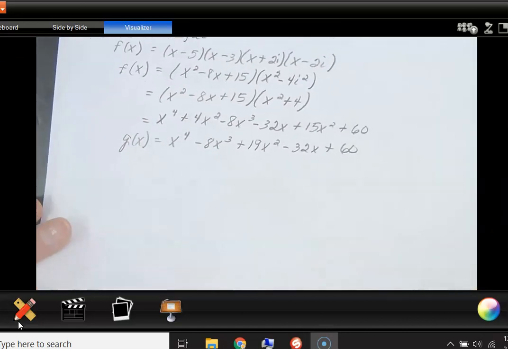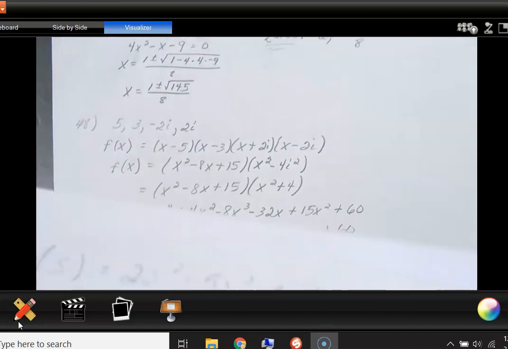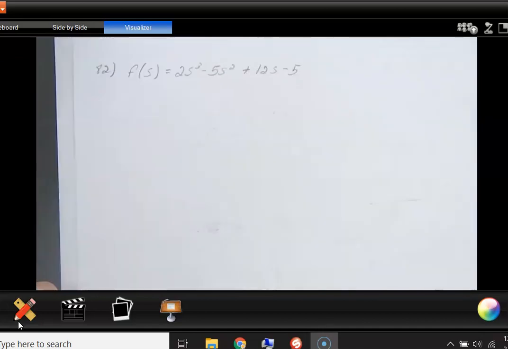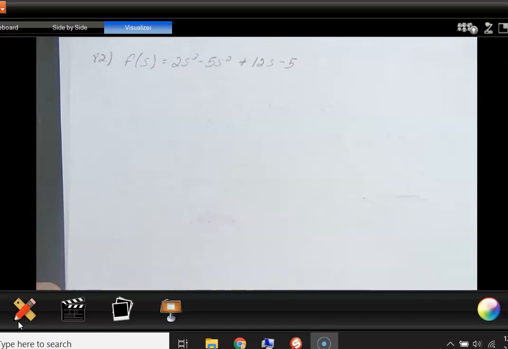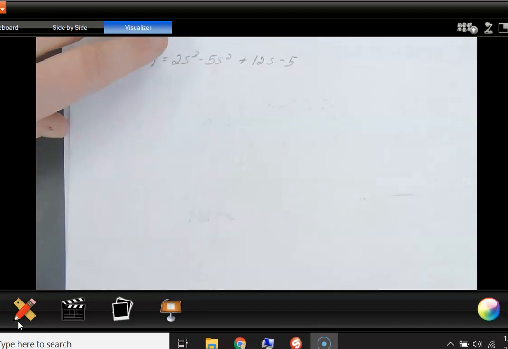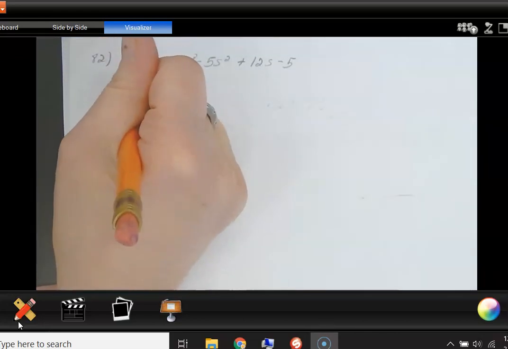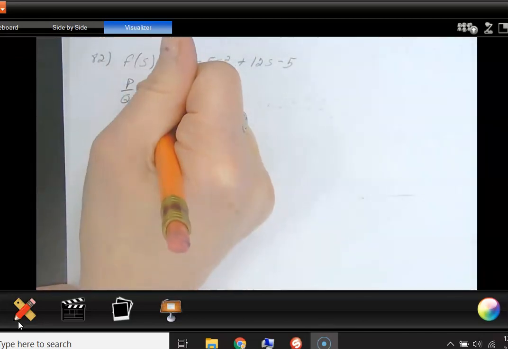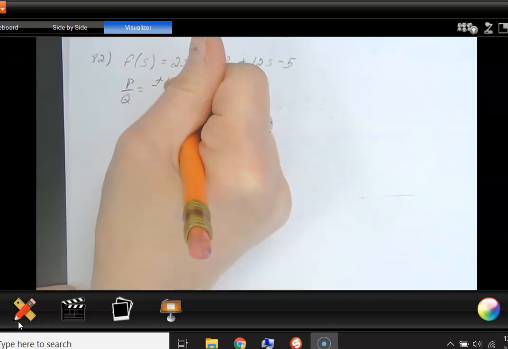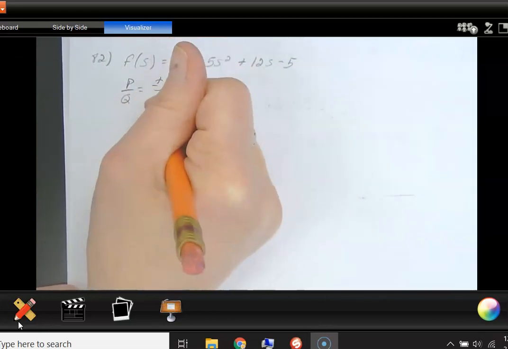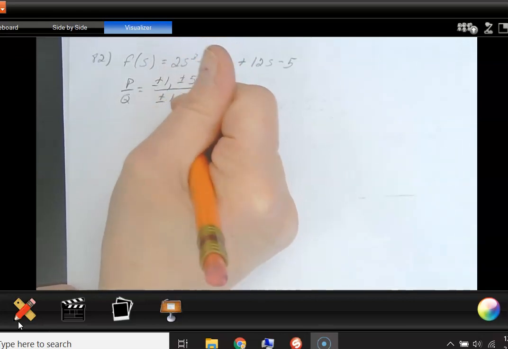The next problem that was requested was number 82. It says find all of the zeros of the function. When there is an extended list of possible rational zeros, use the graphing utility to graph the function in order to discard any rational zeros that are obviously not zeros of the function. So if you're looking here, your possible rational zeros, plus or minus 1 and 5 over plus or minus 1